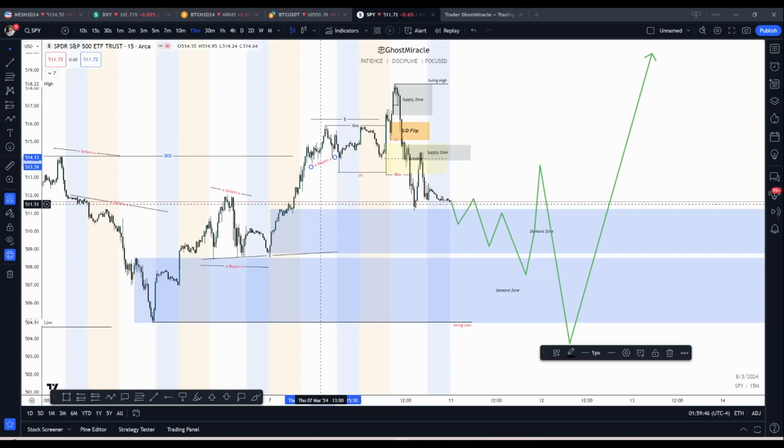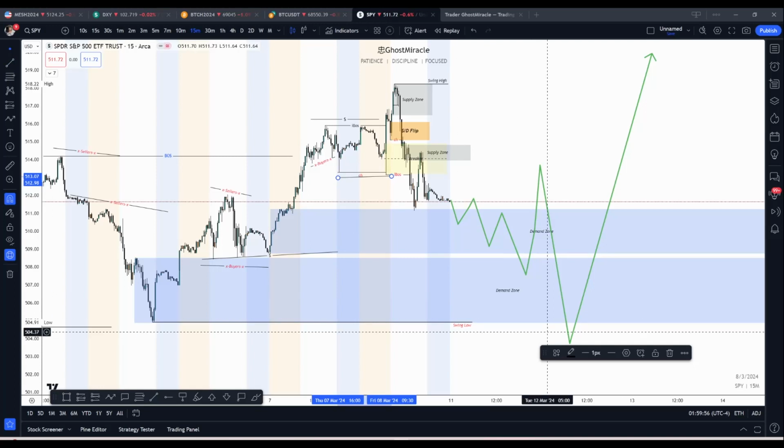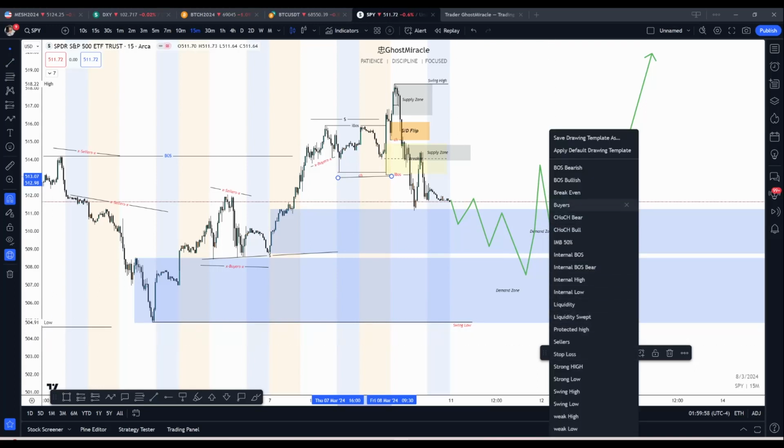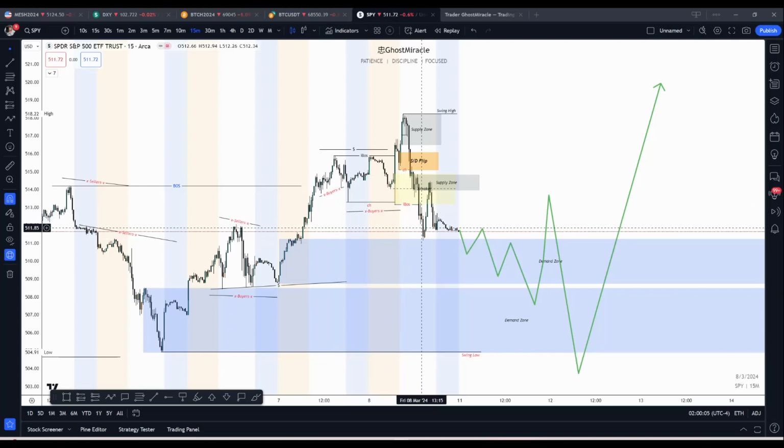More buyers came in, price took out buyers, flushed to the upside again. More buyers came in because these are buyers. These weeks, buyers. More buyers came in here. I'll just use this whole area, right? More buyers came in here,